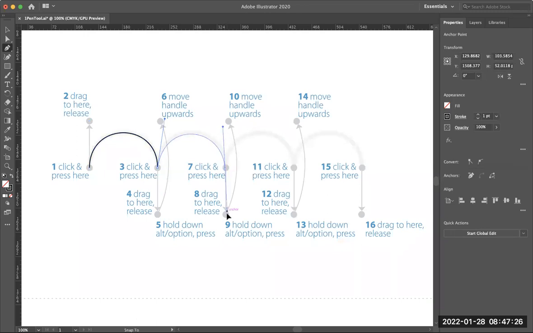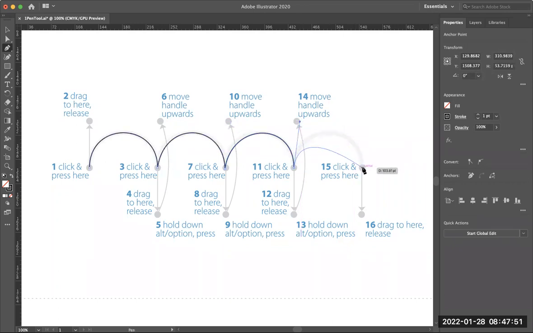Click and drag, go down to number 8, hold down the Option key, drag the handle up to number 10, come over to number 11, click and drag to number 12, hold down the Option key, drag that handle up to number 14,